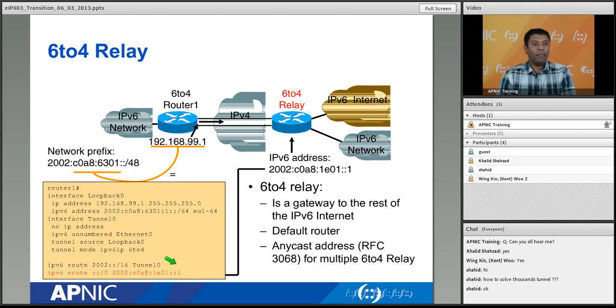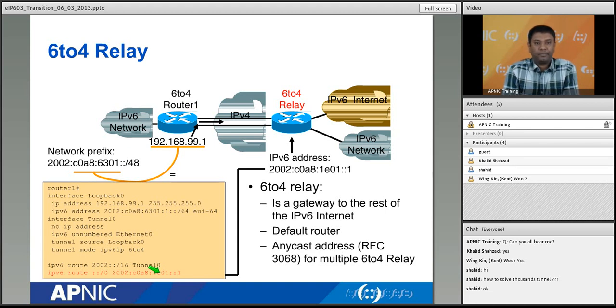Then what will happen? If any 6to4 site wants to browse any native site, this is the match. On this match, this is the next hop. On the next hop, the tunnel destination is incorporated, inbuilt, right? So this is how the tunnel packet will be created with the destination IPv4 address. Then on IPv4, they will find the nearest relay router, either in India or in Australia or in Japan, and they will forward it natively from there.